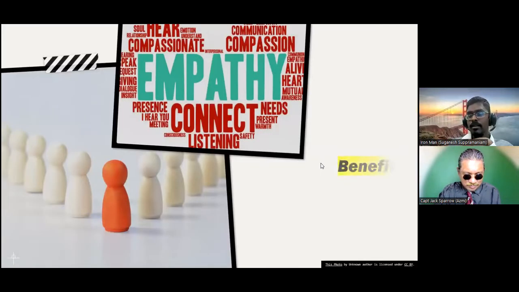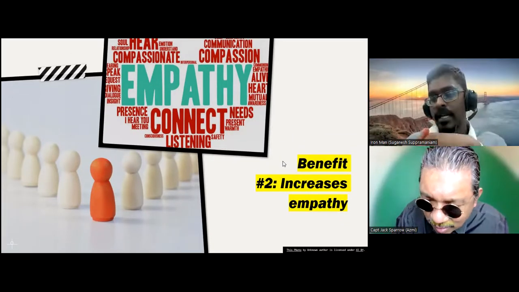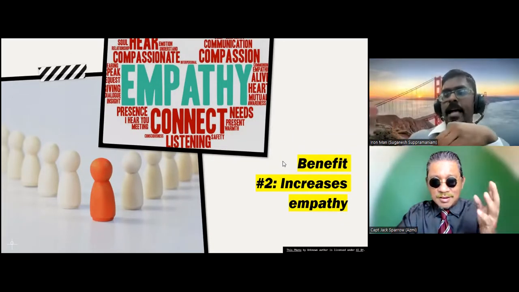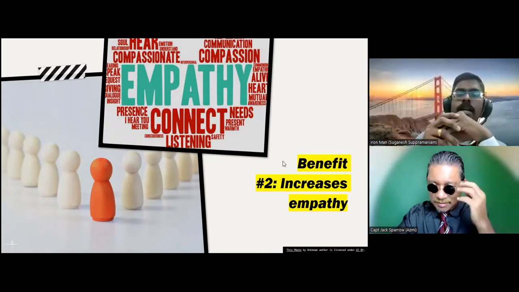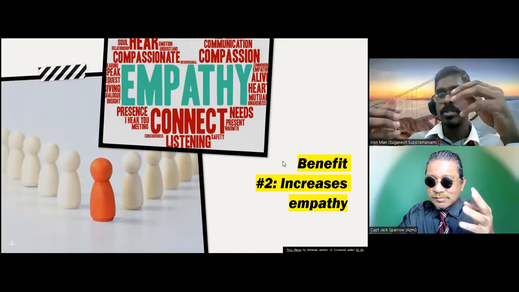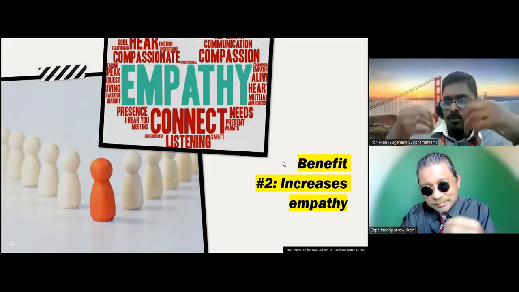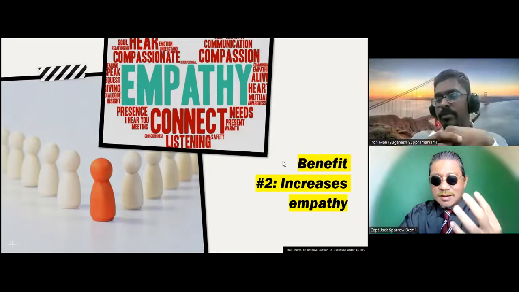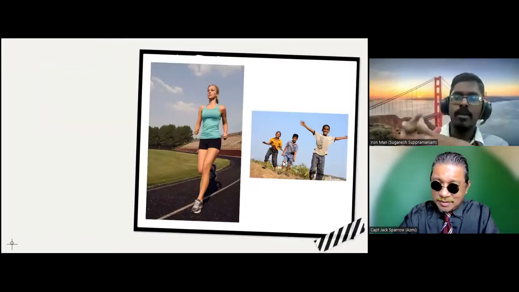And other than that, it can increase our empathy. When I say empathy, it is being aware of how other people's feelings are, being sensitive to them, and responding to what they need. By reading books, you can empathize with the characters in the books, which you can implement in your real life. For example, let's say